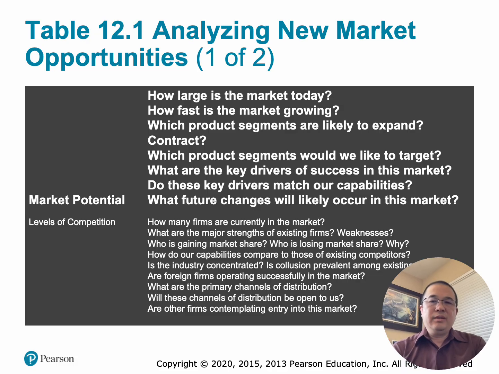Which product segments will expand or contract? Not all parts of a market grow equally. As an example, in the auto industry, EVs may be growing, gas-powered vehicles may be declining. Companies must identify where future demand will be. Which segments should we target? A firm must choose where it can compete effectively. So examples are a luxury market, budget market, commercial customers, consumer customers. Toyota and Mazda may target different customer groups even within the same country.